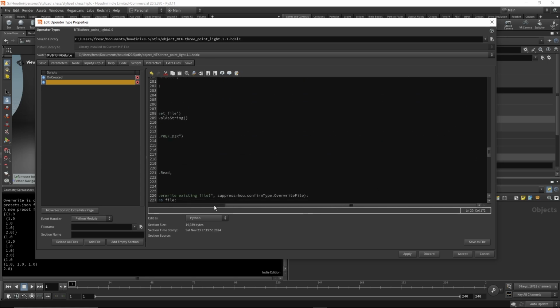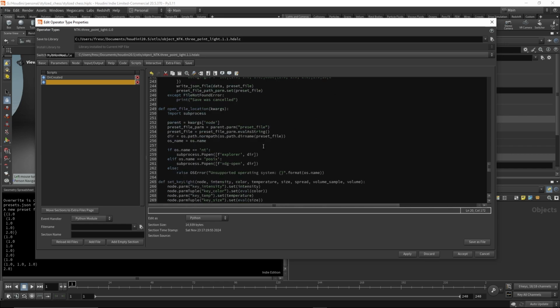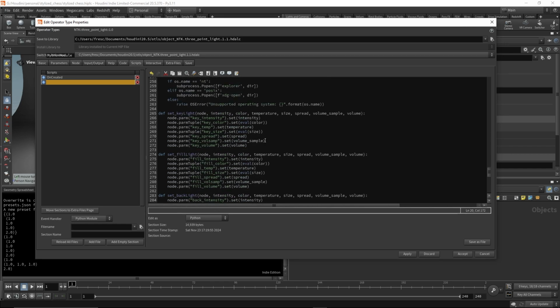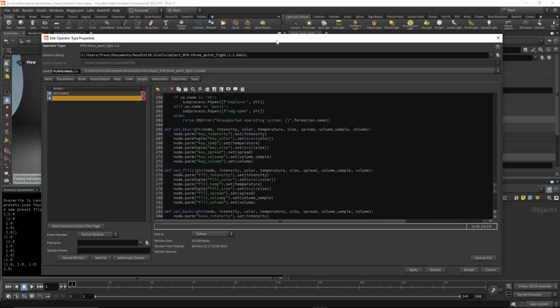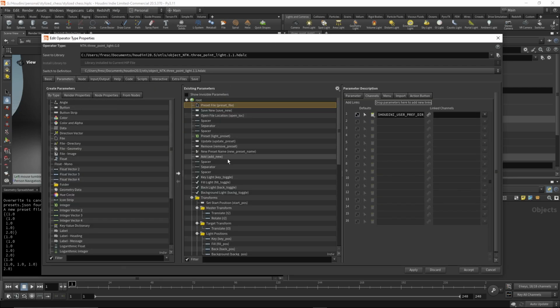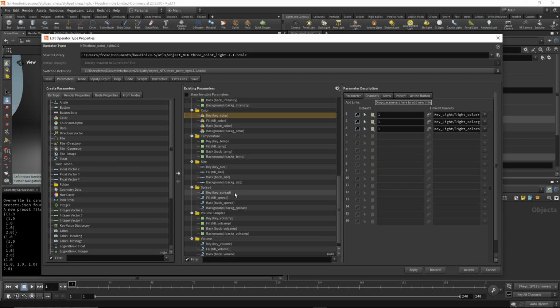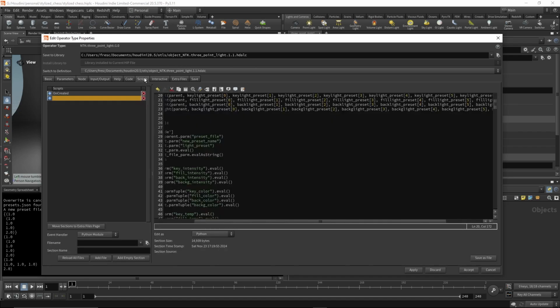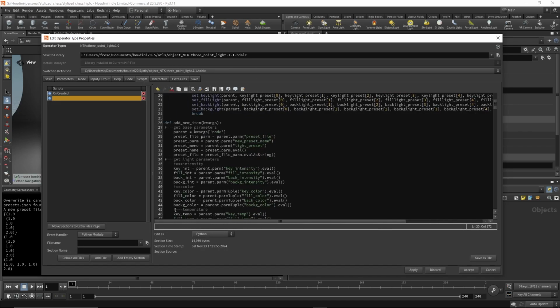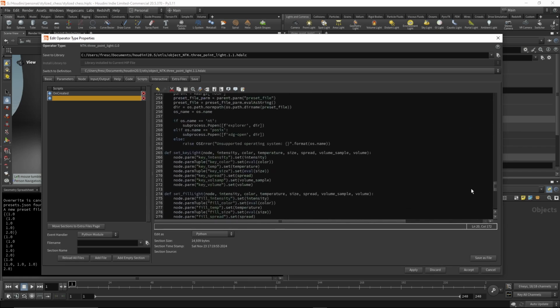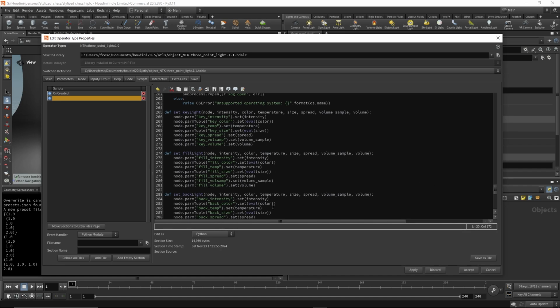And so the way that you set these, if you want to set stuff like color, anything that has XYZ or RGB, 3 float, which are these parameters right here, color, and size, right? 3 float, which is these right here. Those are called tuples because they're multiple values for that parameter. Now you can set each one of those individually, XYZ, RGB, or you can do yourself a favor